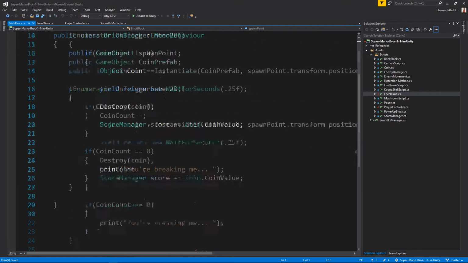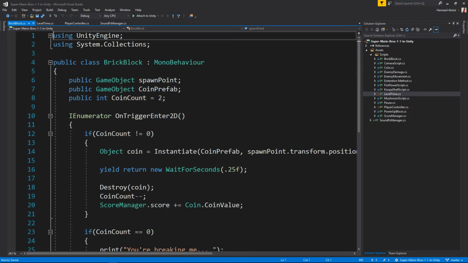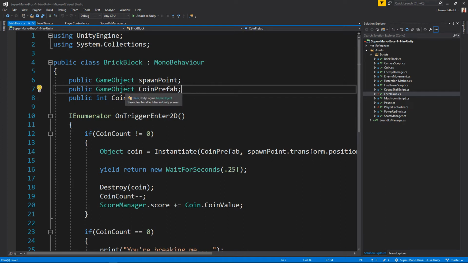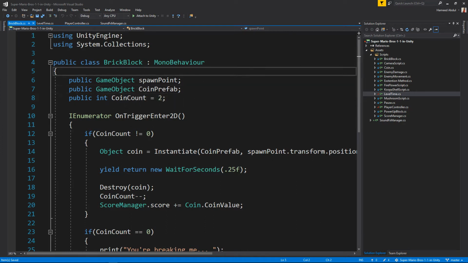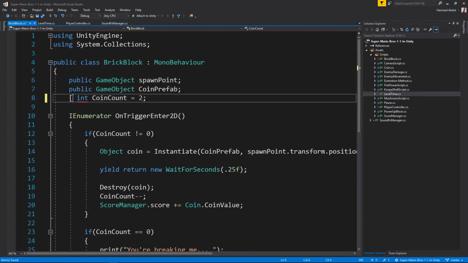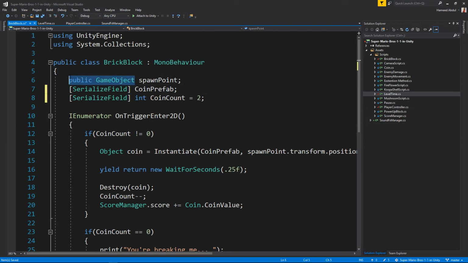So we're going to go to our brick block script and open this up, and one of the most notable things that we're going to do is change all of these variables from public to serialized fields, simply because they don't need to be public. We just want to see them inside the inspector. So just copy and paste that all the way up. I got rid of the variable type. So game object,